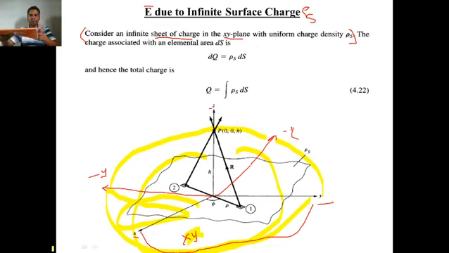So, what is the direction of this xy plane? How will you obtain the direction of this xy plane? You have to draw the perpendicular to this plane surface. If you draw the perpendicular to this xy plane, you will get the z axis. Okay. So, this z axis is the direction of this xy plane. The direction of this xy plane is a z cap or minus a z cap.